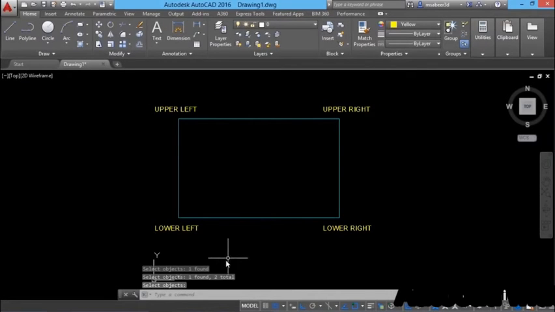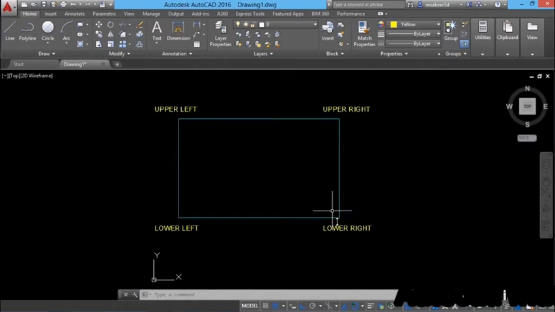Or you can define it by inputting 4 corner points. But do we actually give 4 corner points? No. In limits command, you actually define the lower left as well as the upper right corner. So how will you define the other 2 corners? The coordinates of the other 2 corners are calculated from the coordinates of the lower left as well as from the upper right corner. The coordinates of the upper left corner is obtained by extracting the x coordinate from the lower left and y coordinate from the upper right. Since the lower left and the upper left are along the same vertical line, the x coordinate of the lower left and the x coordinate of the upper left will be the same.